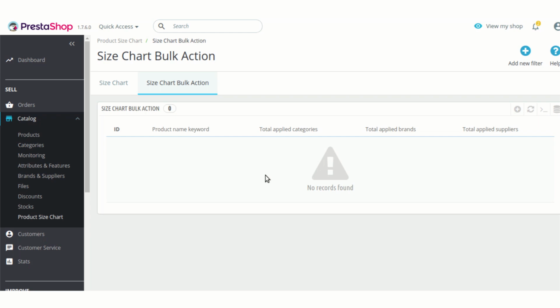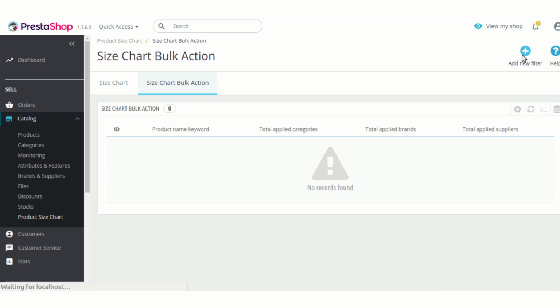In case you have multiple shirts or multiple sweaters of the same brand which run the same size measurement guide or size chart, then you don't need to add those size charts one by one by going to all the products, as I described how we can add a size chart on a product.